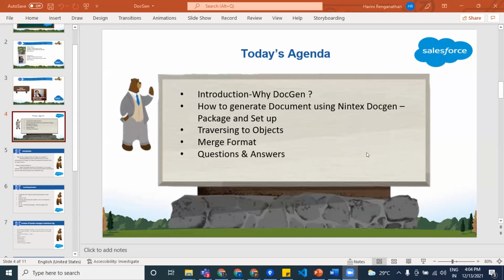So basically, we have all come across a situation where we need a document to be generated, and mostly we will opt for Visualforce, which is provided by default by Salesforce, mainly for downloading a PDF.